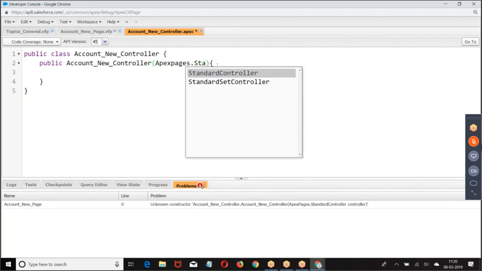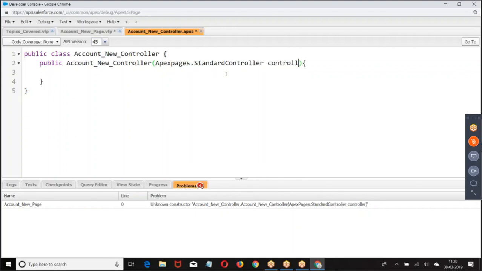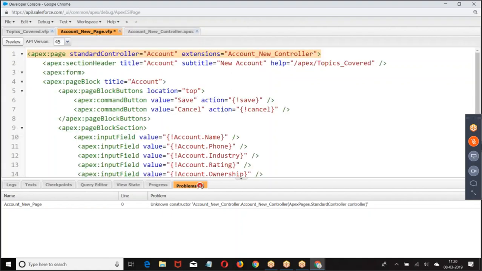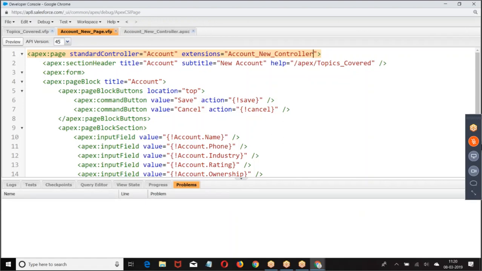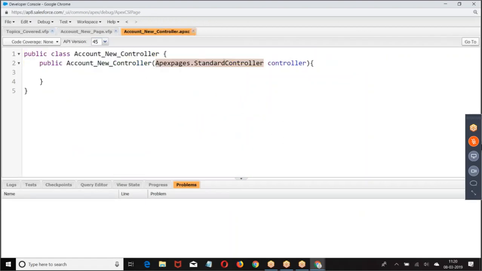ApexPages.StandardController. Why? I am extending that concept. Whatever the standard controller is there, those concepts are extended by the class. First, whichever record you are referring to, first get that record. On that record, we are implementing the custom logic. When I say ApexPages.StandardController, whatever record we are referring to here, that record is transferred here as a parameter.